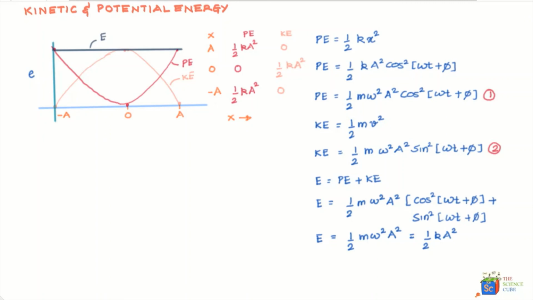We have total energy is equal to kinetic energy plus potential energy. From the previous equation, we have total energy half k a square, potential energy is half k x square, and kinetic energy is half mv square. When we solve this, we take half and divide the whole equation by m. So by solving this, we get the value of velocity, that is plus minus